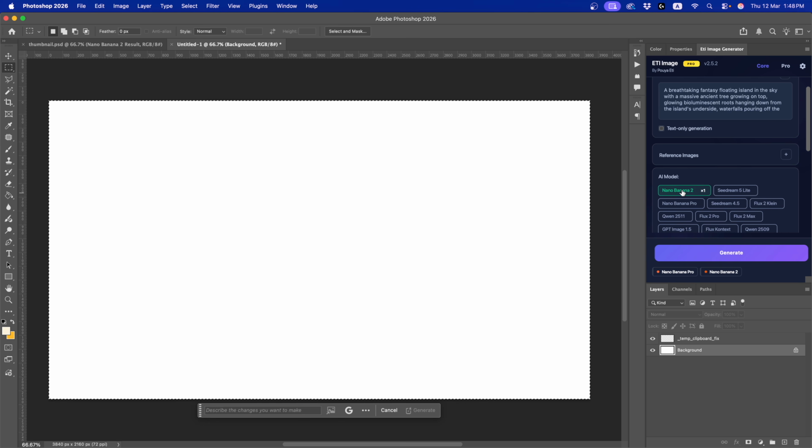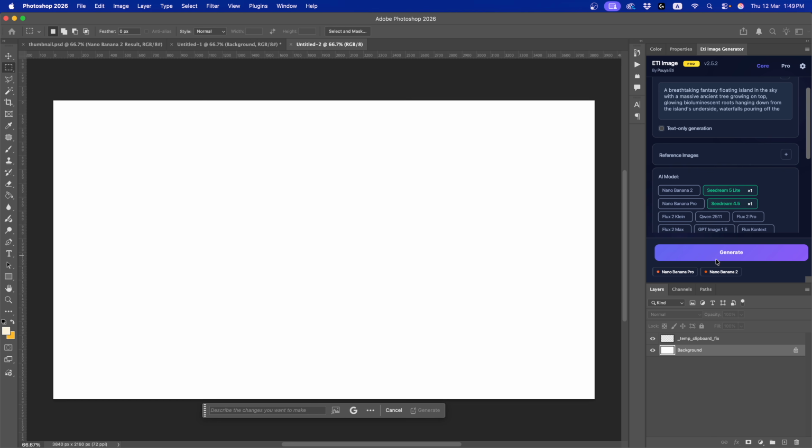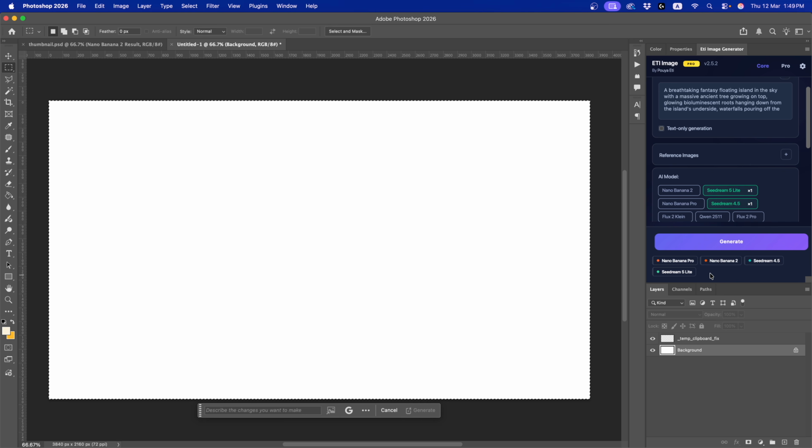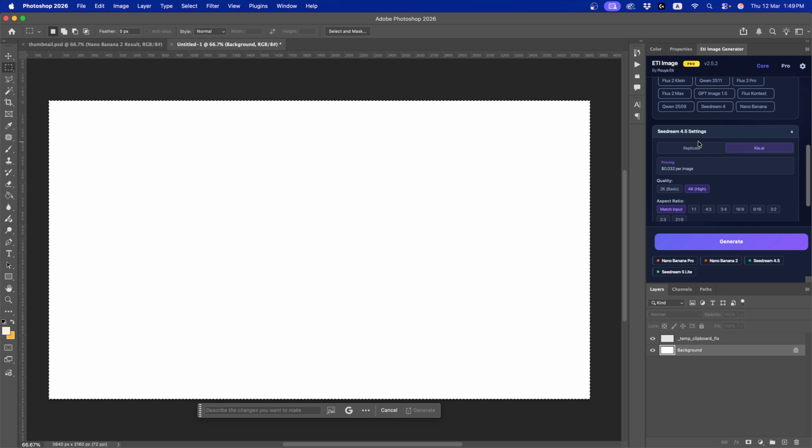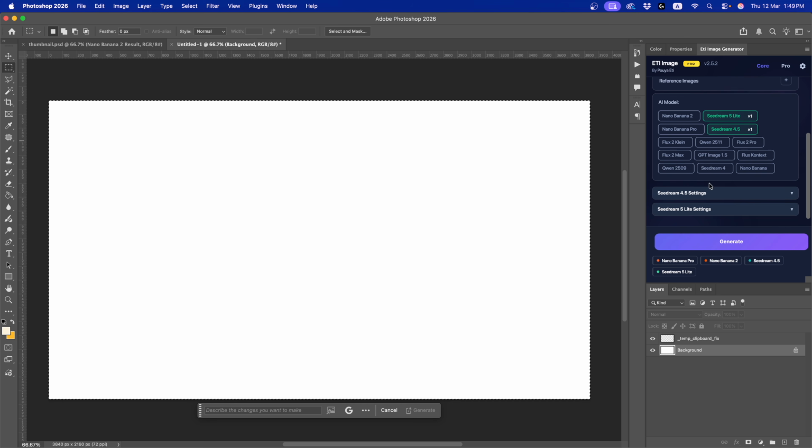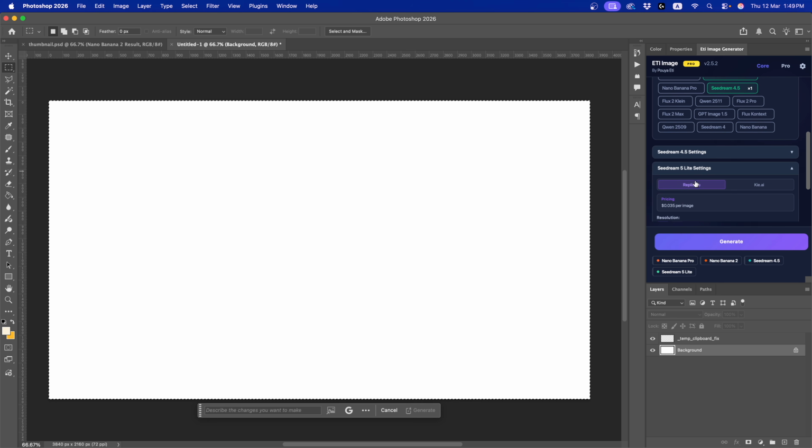For example, you can turn off Nano Banana Pro and Nano Banana 2, select, for example, Seedream 5 Lite and Seedream 4.5 and click on Generate. It will add these in the queue and immediately start the process. It will send the request to the platforms that I selected. For example, for Seedream 4.5, Kai is selected, and for Seedream 5 Lite, Replicate was selected. It immediately sends the request to them, and you no longer need to wait for the generation to complete